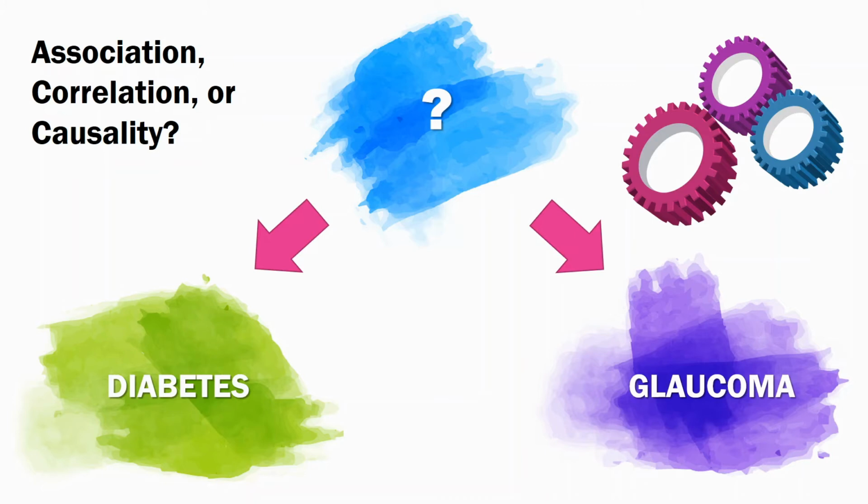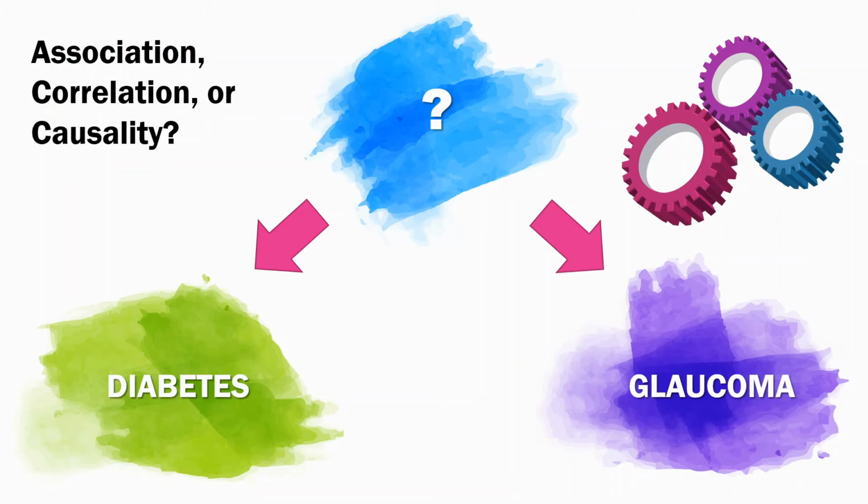So it is quite possible that we'll notice diabetes and glaucoma happening simultaneously, but neither of them may be causing the other one. Such a relation is called correlation and not causation. So to be fair and accurate, we can say that diabetes and glaucoma are associated and correlated. However, given the dire consequences of glaucoma, it makes sense to be careful with your eyes if you have diabetes.